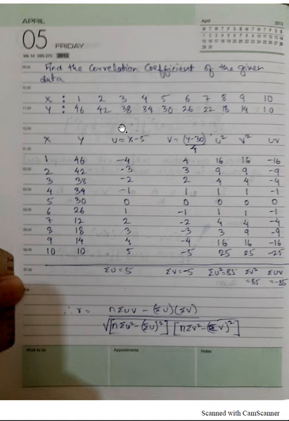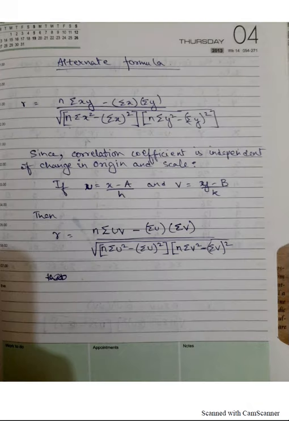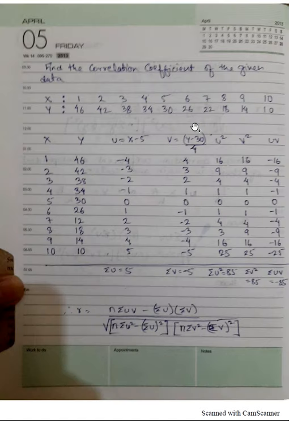So the first thing we do is we make two columns of x and y. We write down the x here and we write down the y here, and we make two columns of both respectively. So now if we are to find the correlation coefficient between x and y, we can simply use this formula: n into summation xy minus summation x into summation y divided by under root n summation x square minus summation x square into n summation y square minus summation y square.